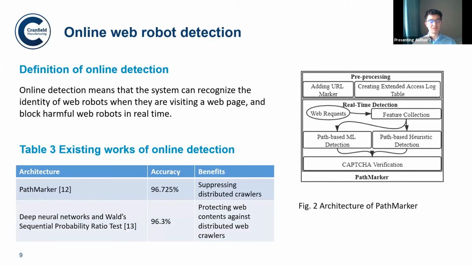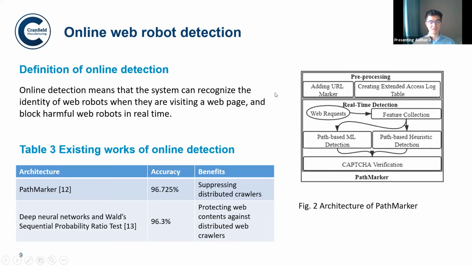Online detection means a system can detect, identify, or even block bad robots when they are browsing a web page. In table 3, we have listed 2 online detection systems. The detection method of path marker is inspecting the relationship between web pages or requests. Figure 2 is the flow chart of a path marker system. In this system, machine learning detection, heuristic detection, and captcha verification were employed to detect web robot